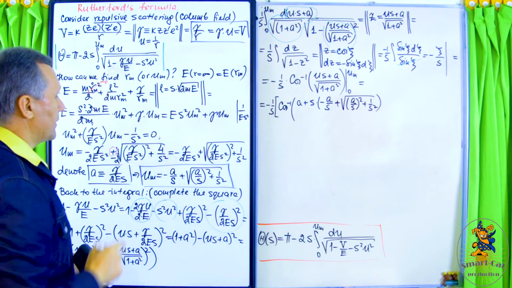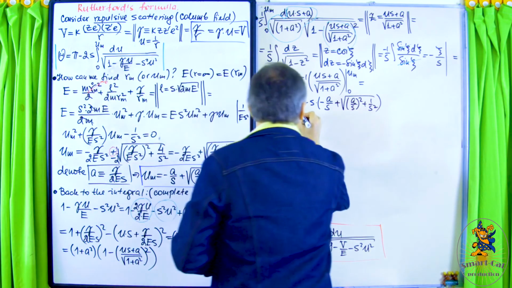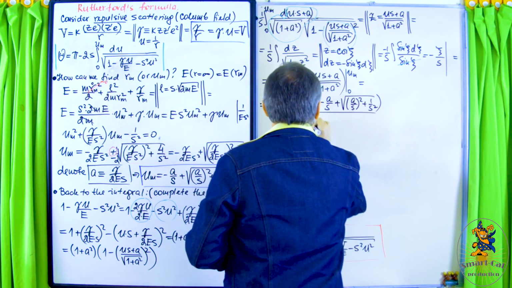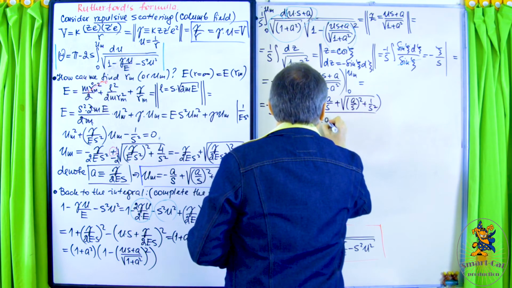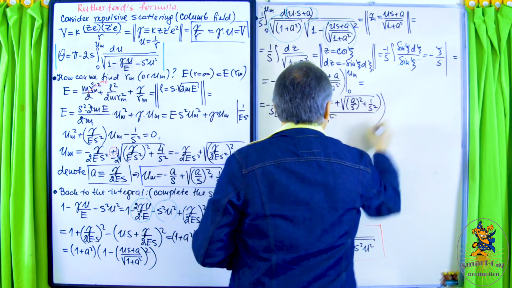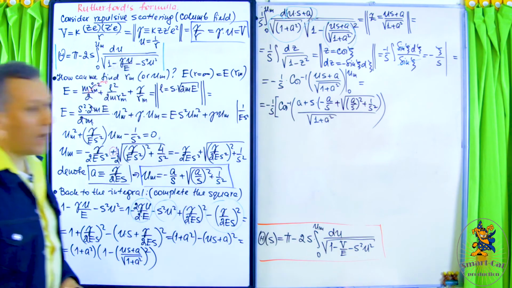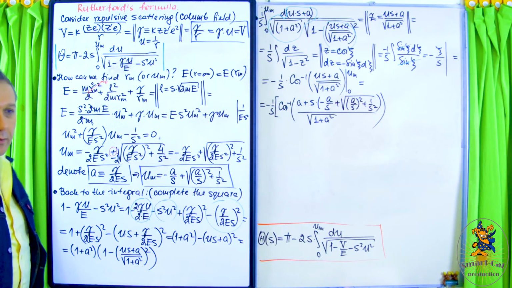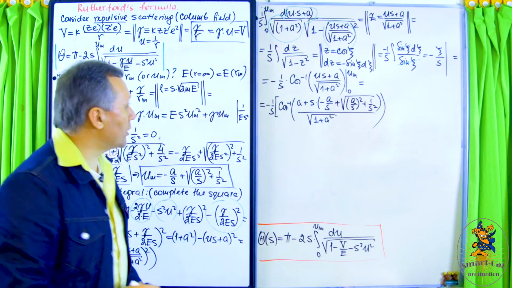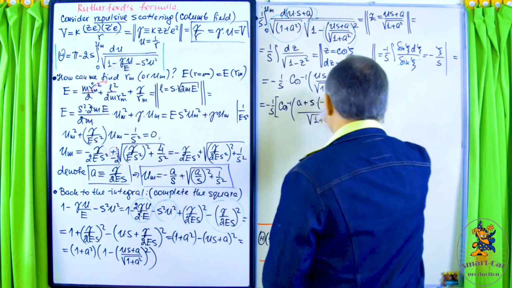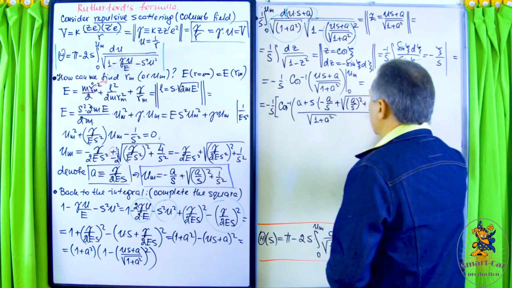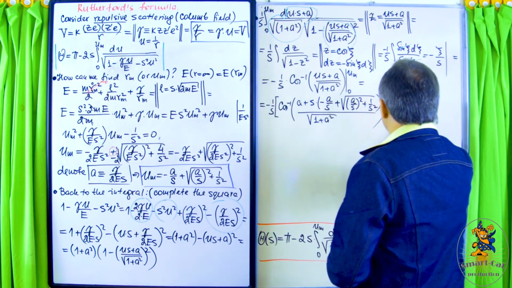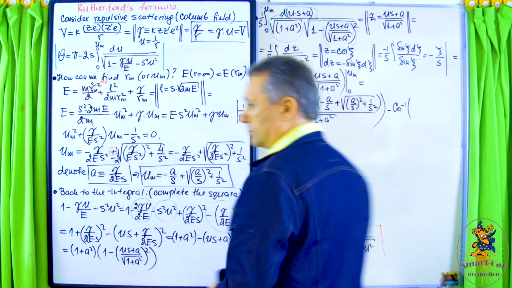Okay, so upstairs there is fine. Then divided by square root of 1 plus a squared, right? It's the upper limit I think I applied, if I am correct. So far I don't see any troubles, right? Okay, so now let me apply the lower limit and then I will take care of this mess. So minus arc cosine of,